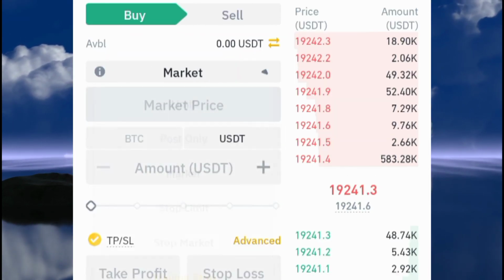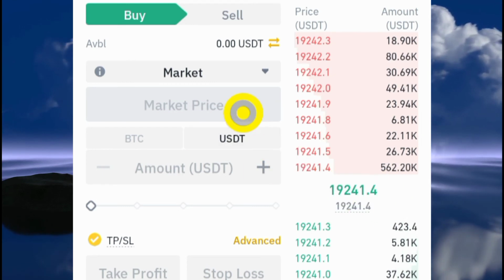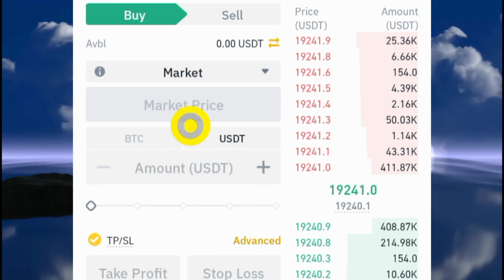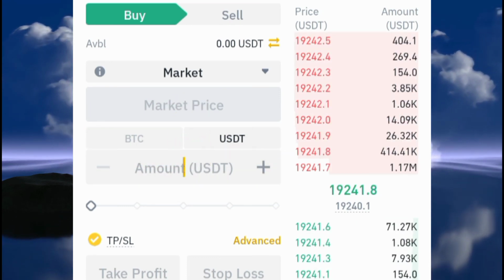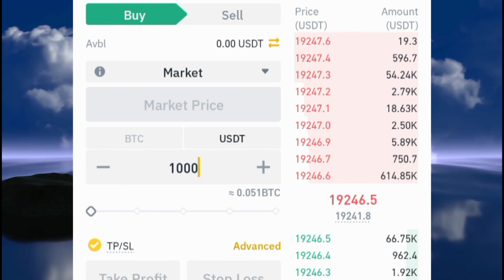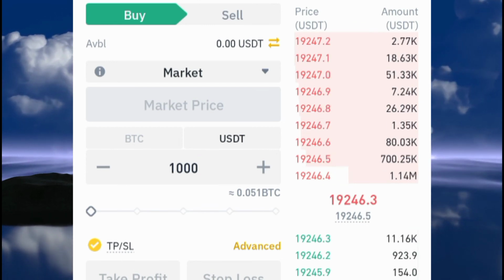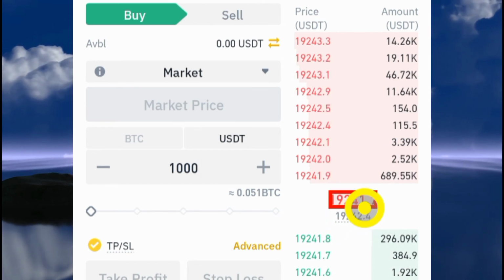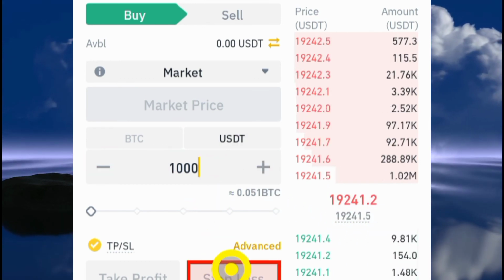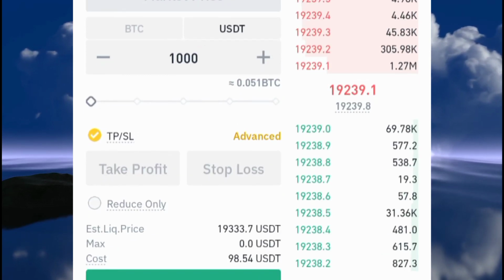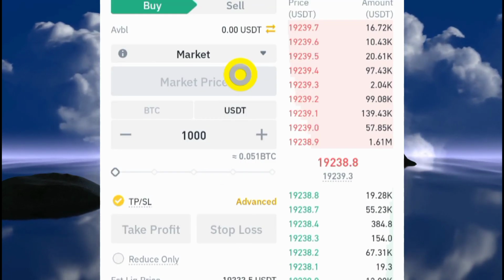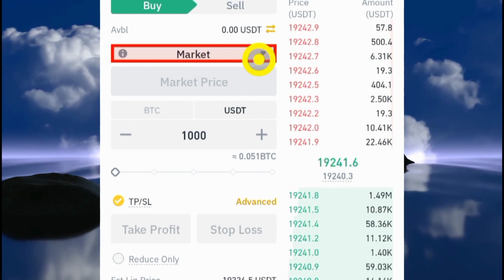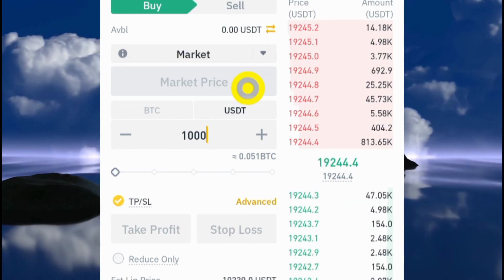Okay, so if we come back to the market order right here, and you place a market order of buying Bitcoin with 1,000 USDT, so $1,000, and you want to buy Bitcoin at the current market price, which is around 19,241, right? So you go long, you want to buy, and you click the buy button. So instead of switching this to the stop limit order, using the stop limit order as a stop loss or as a take profit, you could simply use this